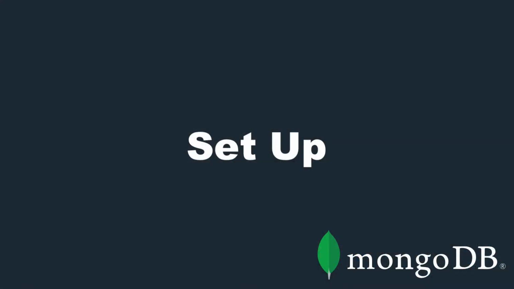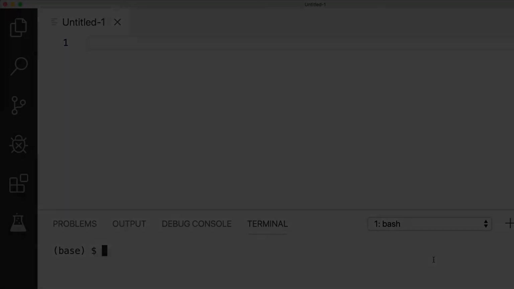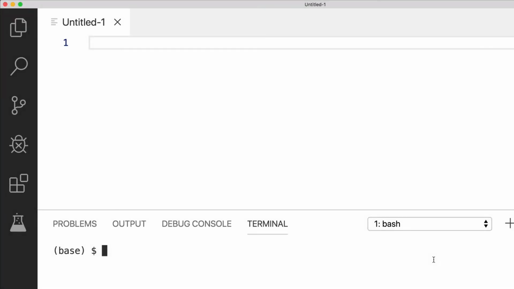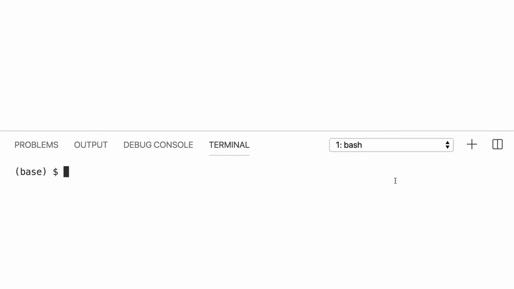Let's talk about what you need to get set up before working on getting connected to your database. The first thing you'll want to do is install the code editor of your choice. Today I'll be using Visual Studio Code, but you can use whatever code editor you'd like. Next, you want to double check that you have a supported version of Node.js installed. You can check what version you're running by executing node -v. As you can see, I'm running version